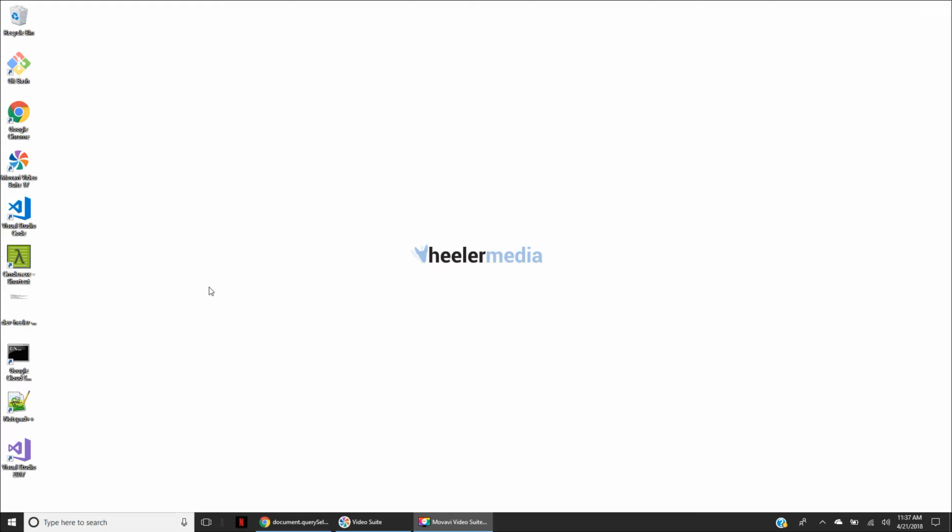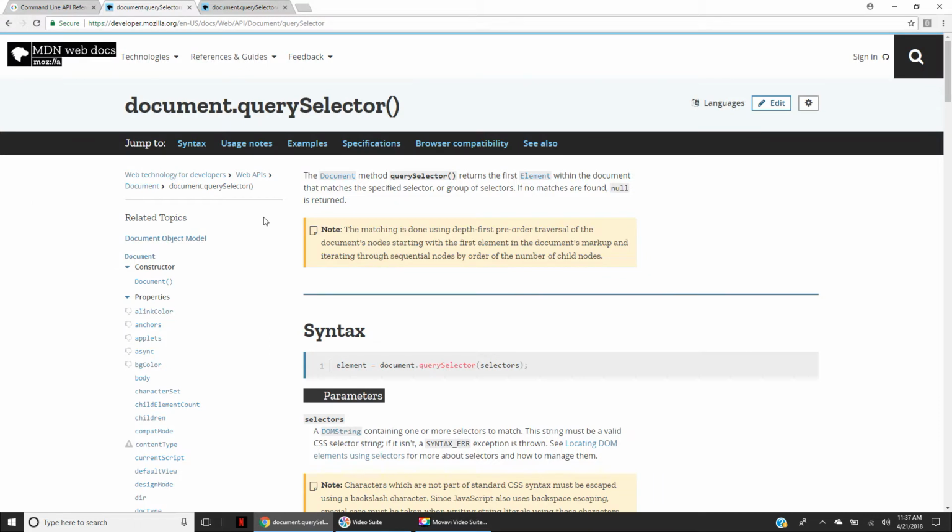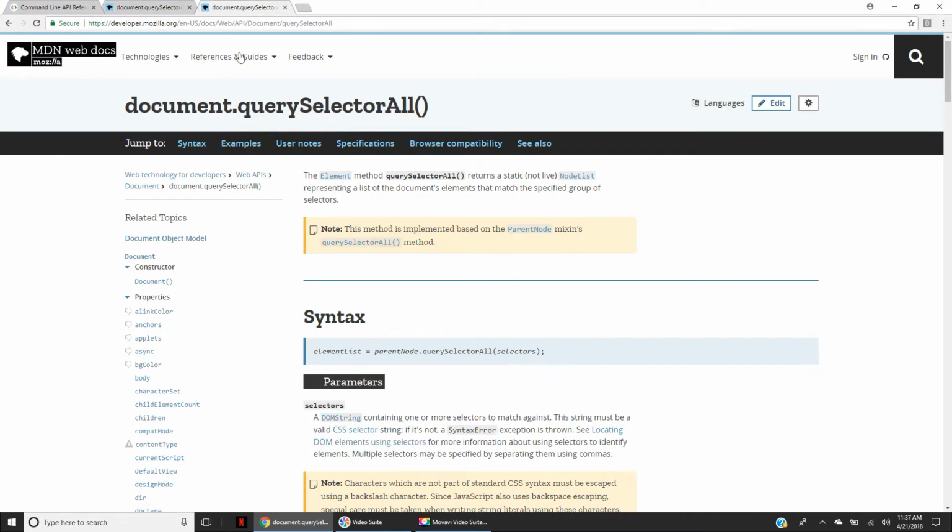Good day, good people. Today I'm going to show you Chrome's DevTools aliases for document.querySelector and document.querySelectorAll, and how to use those to scrape some information off a web page and print a table